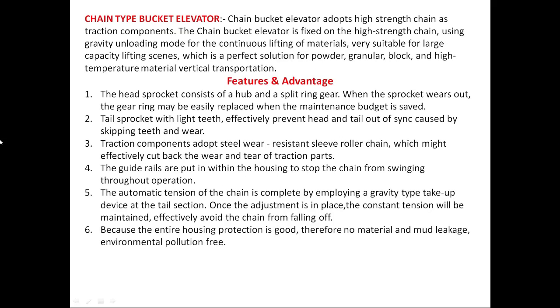Chain type bucket elevator. The chain bucket elevator adopts a high strength chain as the traction component. The buckets are fixed on the high strength chain, using gravity unloading mode for the continuous lifting of material. Very suitable for large capacity lifting scenes, it is a perfect solution for vertical transportation of powder, granular, block, and high temperature material. The features and advantages of chain bucket elevators are: first point, the head sprocket consists of a hub and